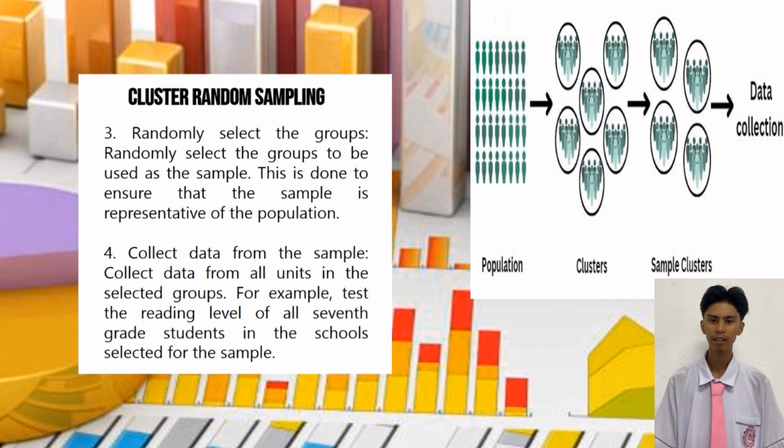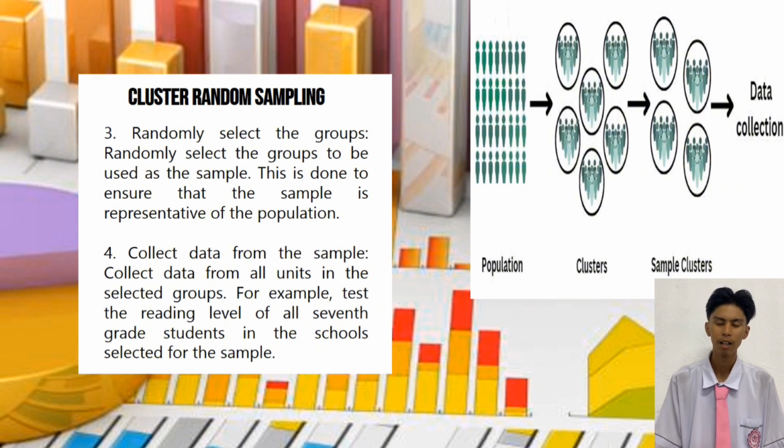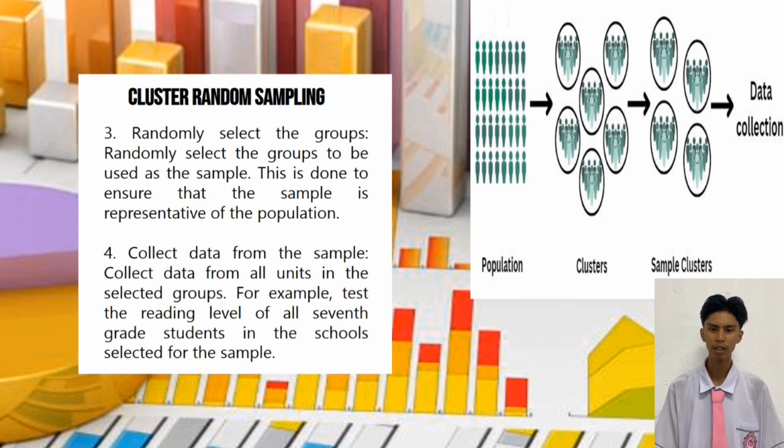Sample planning example. To plan a sample, you need to determine the following. First, the estimated size of the entire population of 7th grade students. Second, the desired confidence interval and confidence level. Third, the best estimate of the standard deviation of the reading levels of 7th grade students. Then, use a sample size calculator to estimate the required sample size.